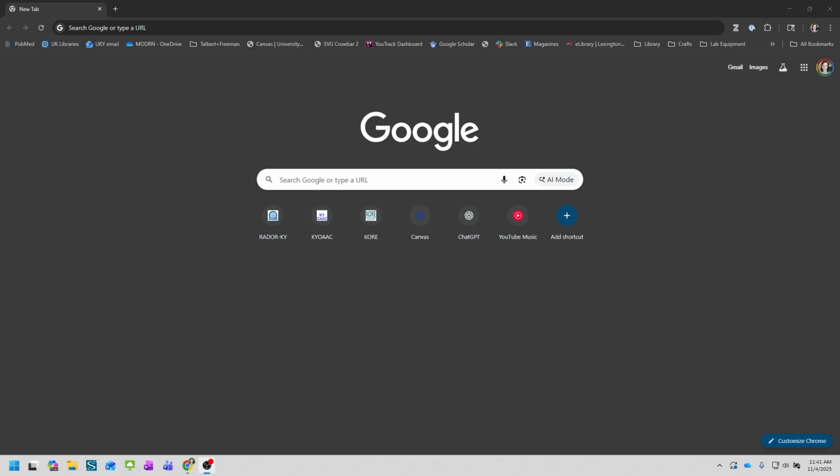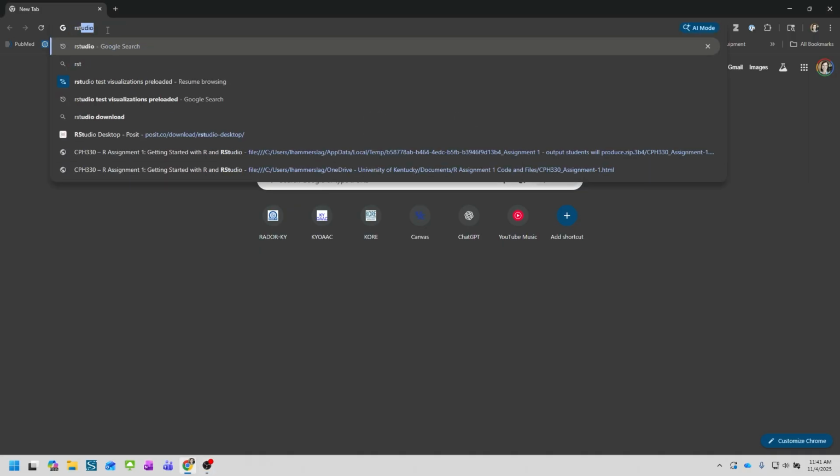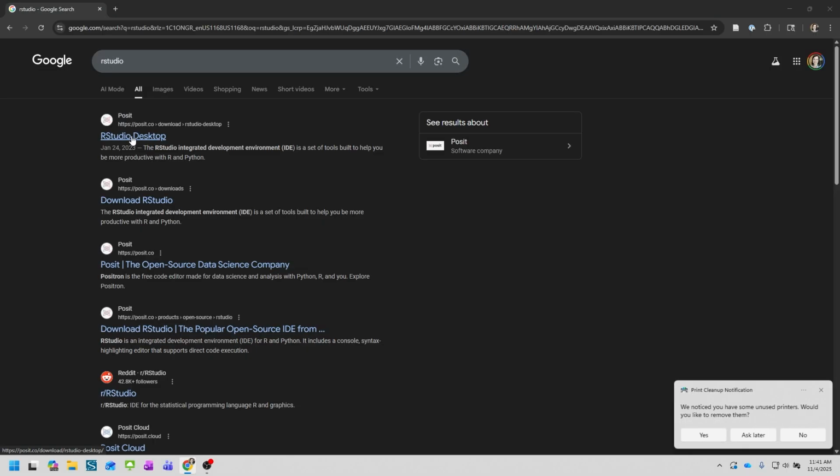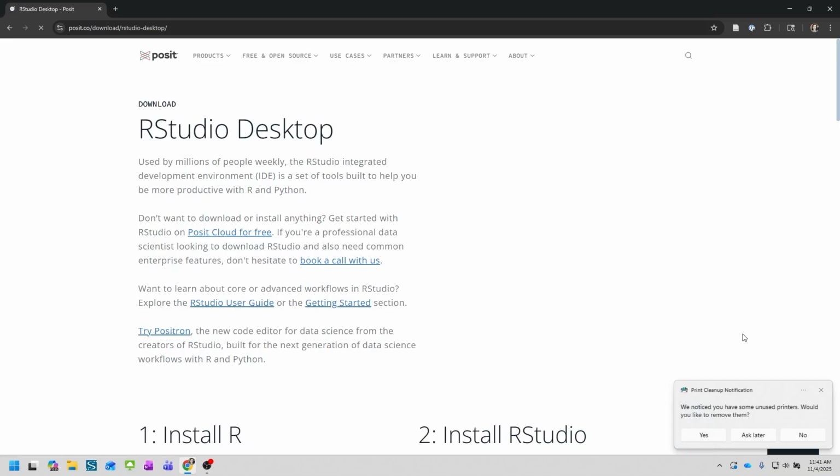Let's go ahead and learn how to install RStudio and the program that it runs on, R. To do this, we're going to search for RStudio, and the first result is from Posit. Posit is the company that makes and distributes RStudio. So let's go ahead and click on RStudio Desktop,